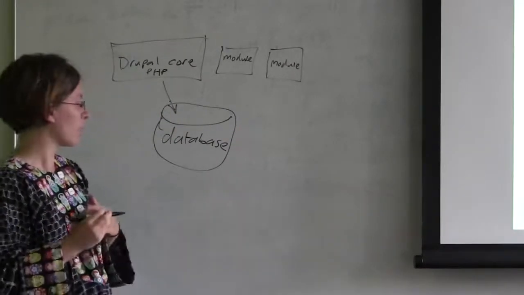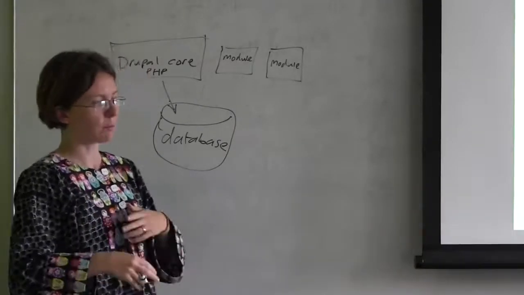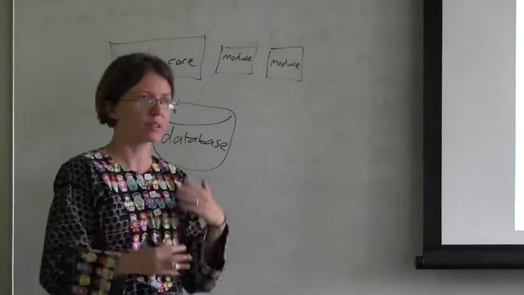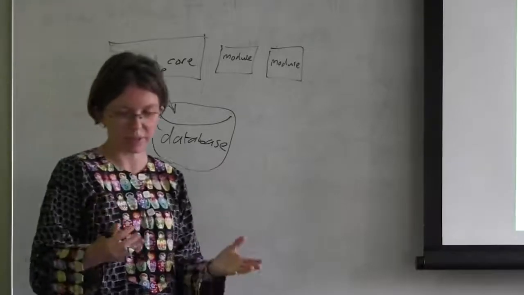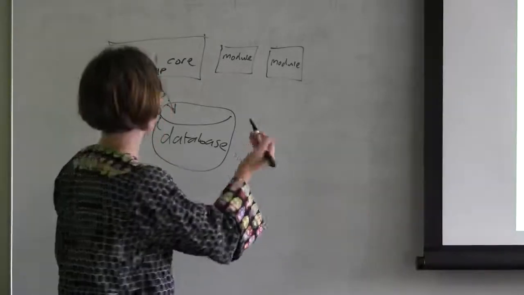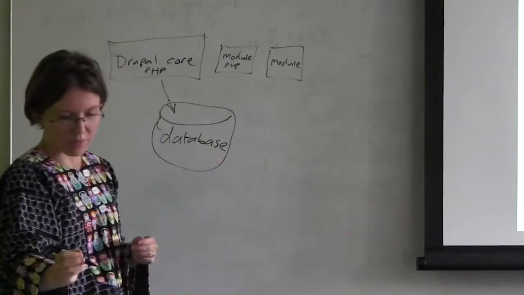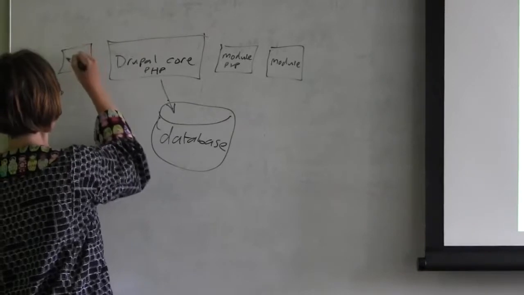So there's a module that provides a content type for bibliography entries. There's one that provides maps. There's one that provides tag clouds. And the choice of modules is basically one of the things that shapes your site. And these are all like Drupal core, PHP. There are, in addition to this, theme packet, so theme,